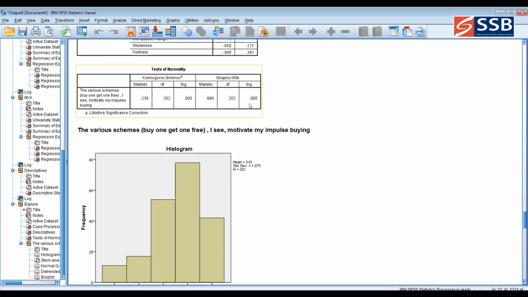When you are writing the analysis, you have to write that the significance level is less than 0.05. Hence we can reject the null hypothesis and accept the alternative hypothesis. What is the alternative hypothesis? It is not normally distributed. If that is the case, what do you have to do? Either you rectify the error so the distribution is properly conducted, or you go for a non-parametric test for this particular